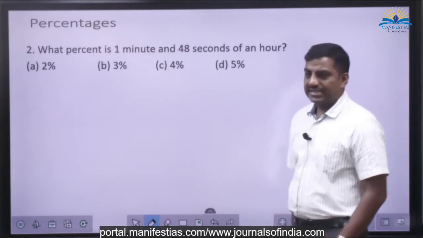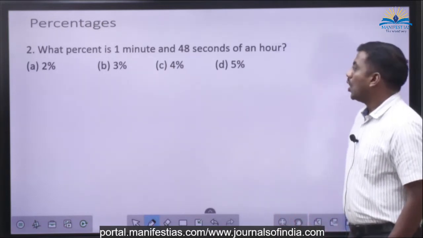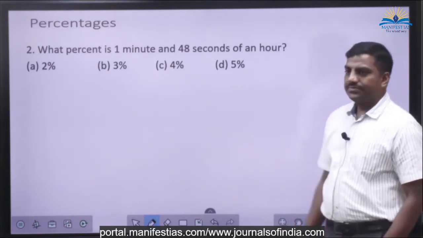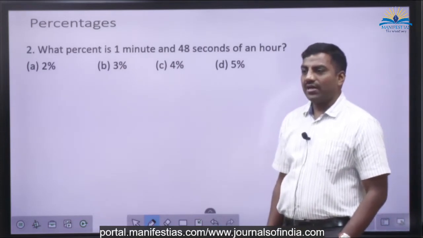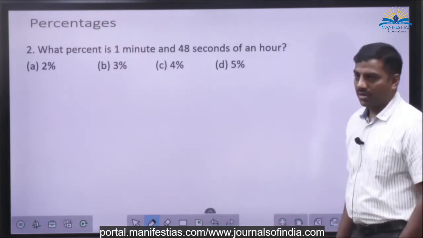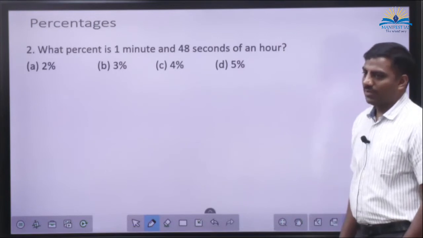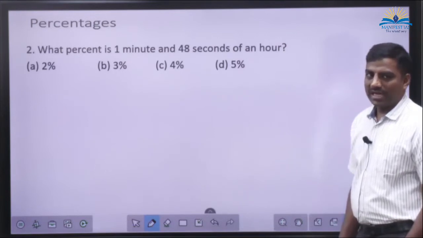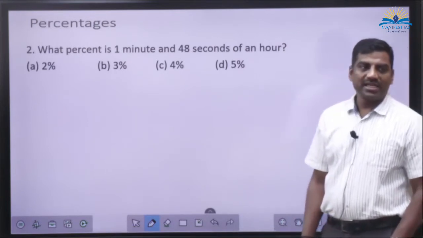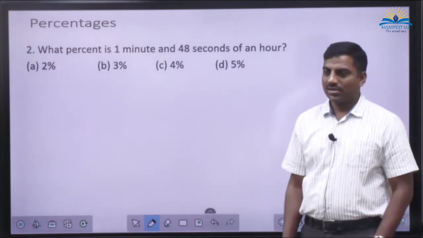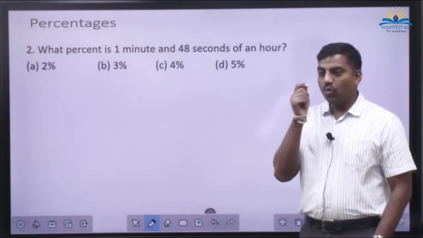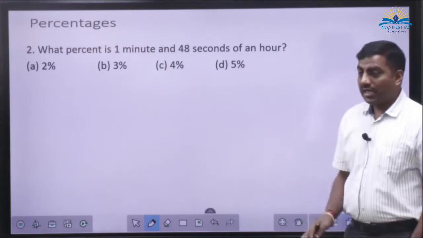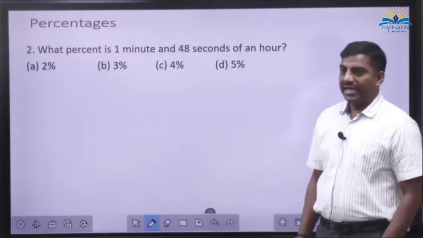What percent is 1 minute 48 seconds of an hour? It looks like a very simple question, but can you write the expression for this? Write the expression. Try. What percent is 1 minute 48 seconds